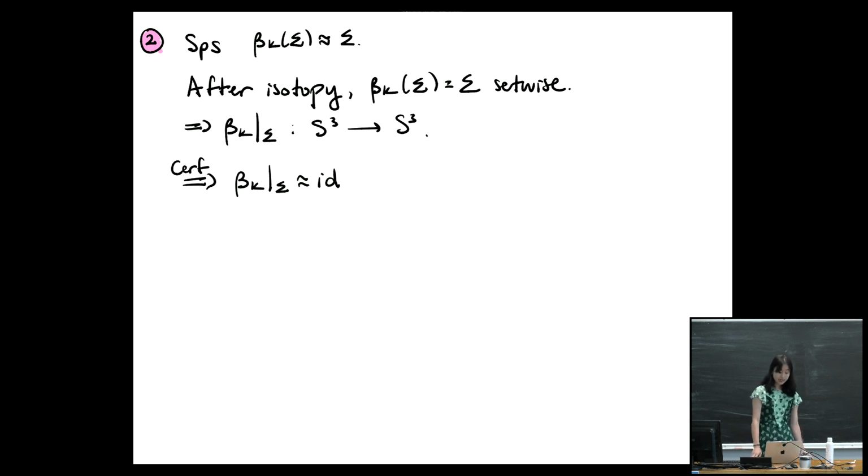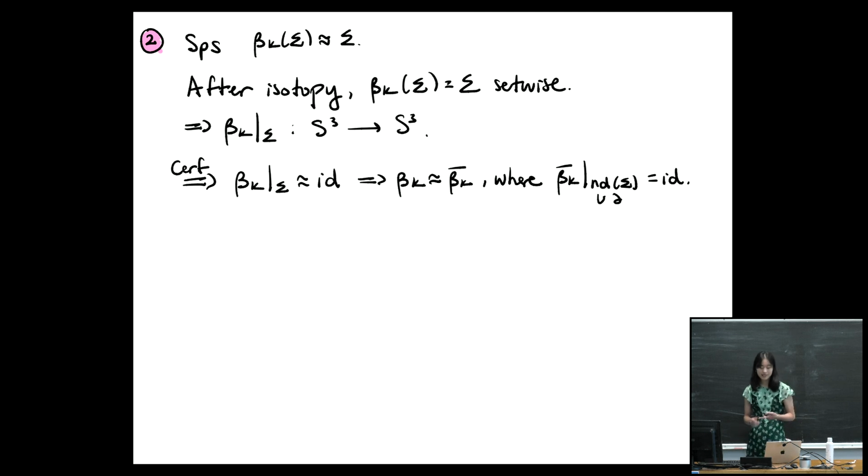And then there's this nice theorem of Cerf that any orientation-preserving diffeomorphism of S3 is isotopic to the identity. And so that tells us that beta k restricted to sigma is isotopic to the identity. And that tells us that our barbell is isotopic to a diffeomorphism, which is the identity on the boundary still, and also identity on a neighborhood of our connect sum